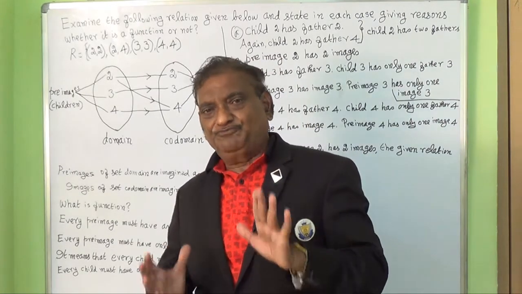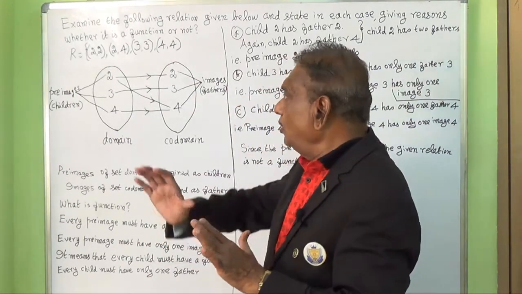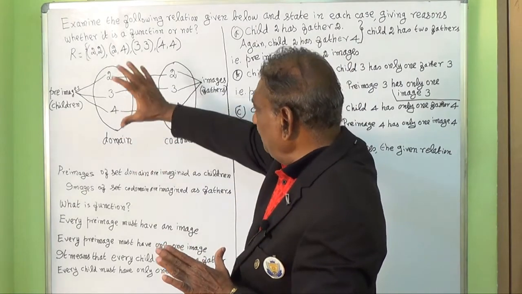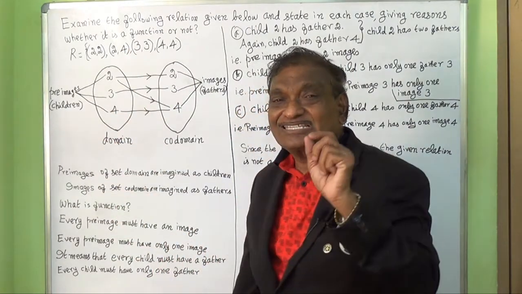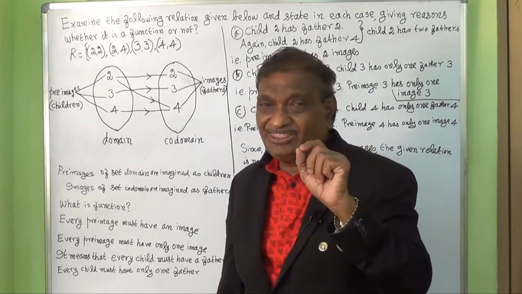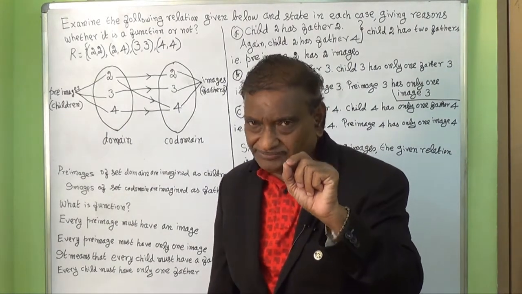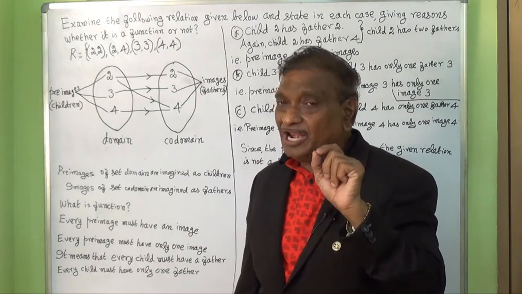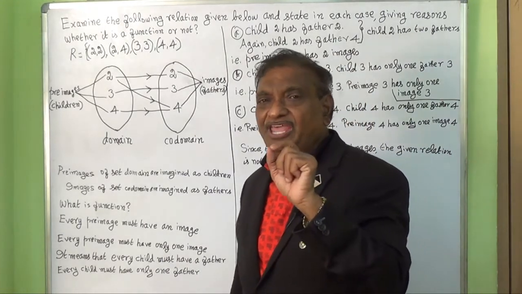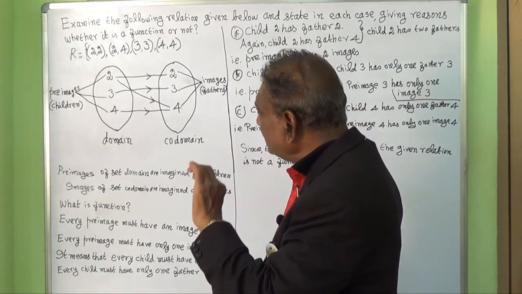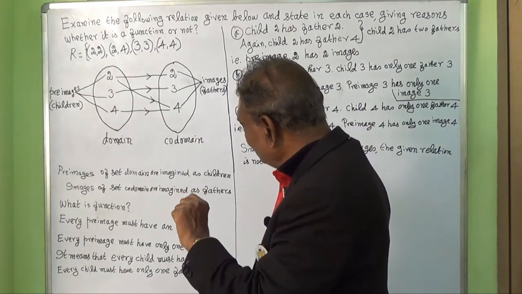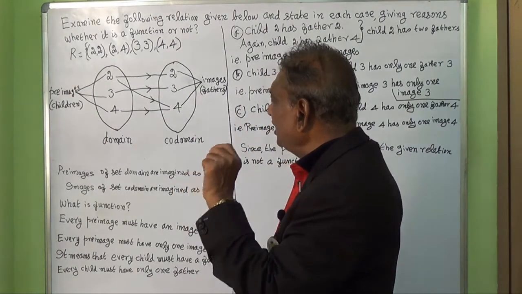Then, if we write all the first elements, that is pre-images, as a set, we will get the set domain. Similarly, if we write all the second elements of the ordered pairs as a set, we will get the set